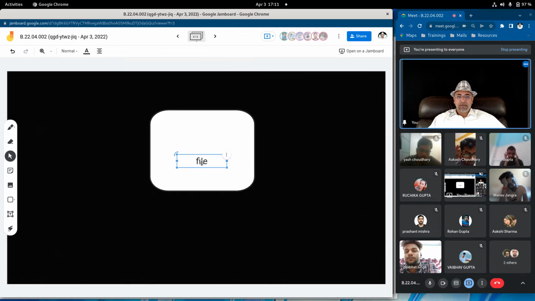Suppose this is your file. This file will have a file name. It's obvious, a file will have a file name.